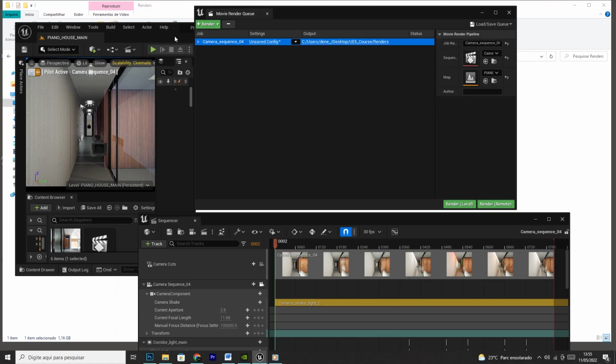Cancel variable, to add quality in your final render, to make an upscale of your render. Add, for example, if you want to render in a video format, with the plugin that we enabled. So we have a lot of different ways to get the same thing. So let's finish this class, and in the next class we're going to talk more about render using Movie Render Queue